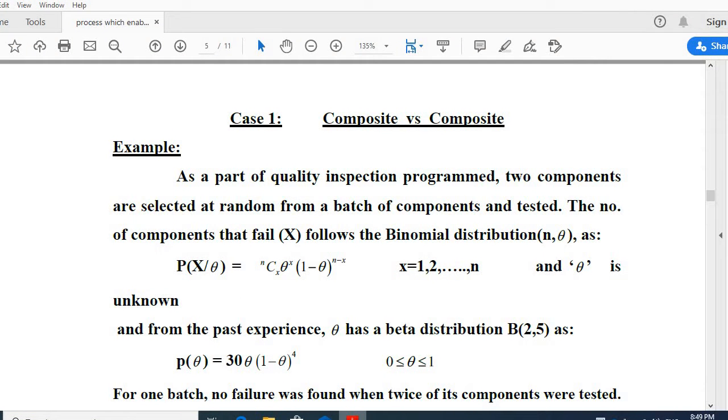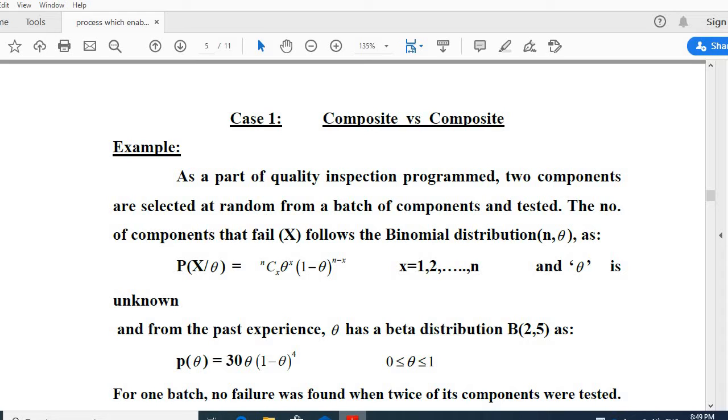Students, it's the second lecture of Bayesian analysis of this week. It is the remaining part of the article which I shared in the last lecture, that is testing of hypothesis. Here I have discussed three different cases of the testing of hypothesis in Bayesian statistics.